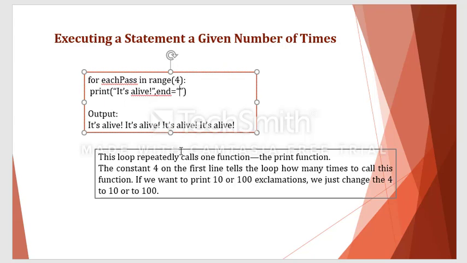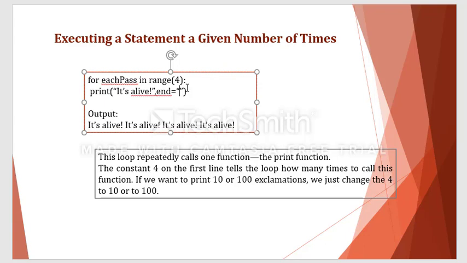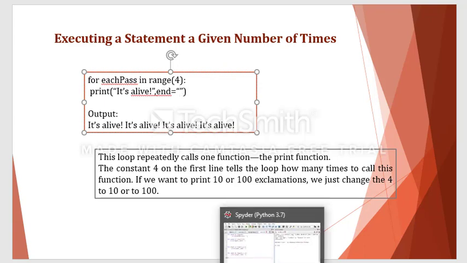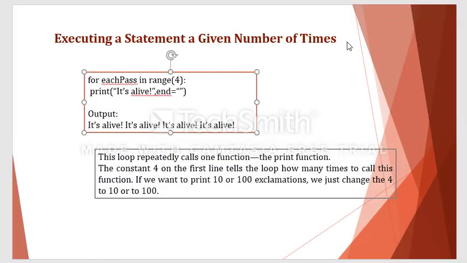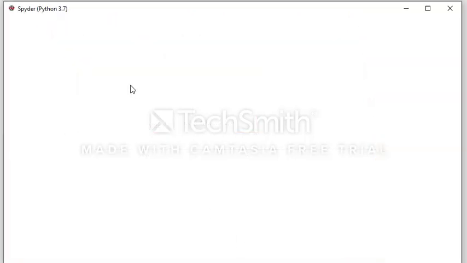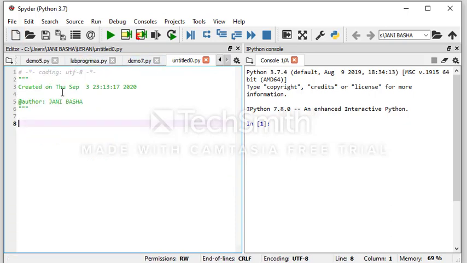Okay. So now we'll check with this example, where we'll try to copy this particular code into Spyder IDE and check whether it is working or not. So just copy this and paste it in Spyder IDE. I have already executed some functions here, so I can take a new file now.